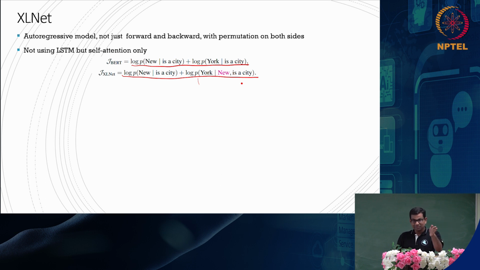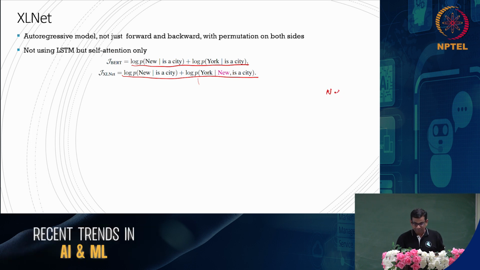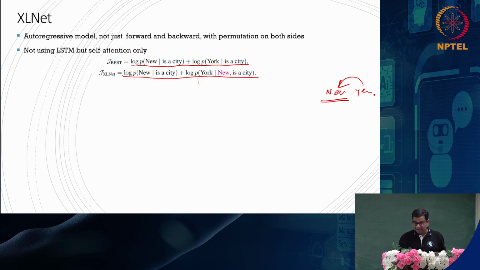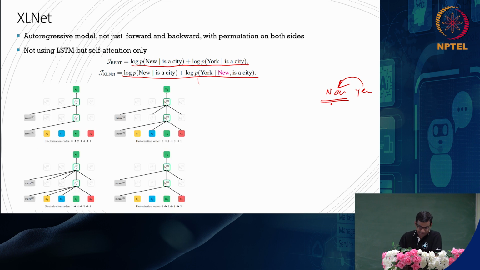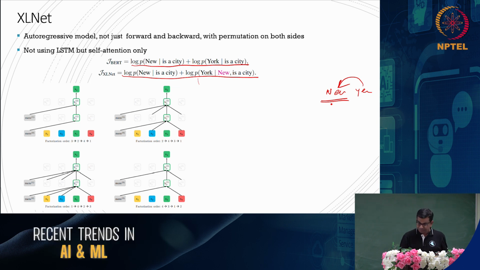So you will predict first "New", and once you predict "New", then you go autoregressive, so here like "New York". Now if you have already predicted "New", then this next one you will be predicting like this. So always you are predicting the next one with the dependency of the previous one. So that's how it happens. Now how can you do that? So in general, autoregressive, like if you say